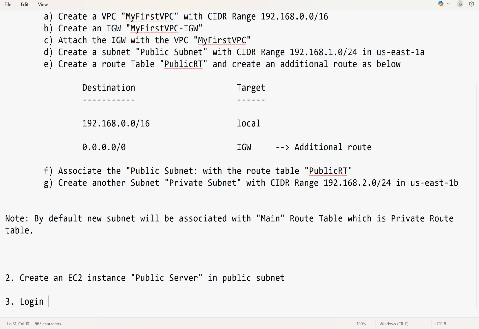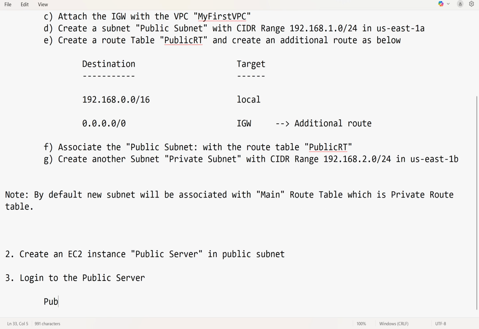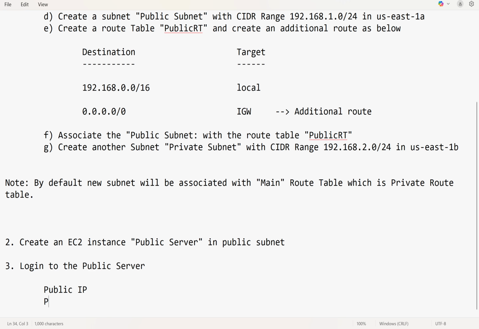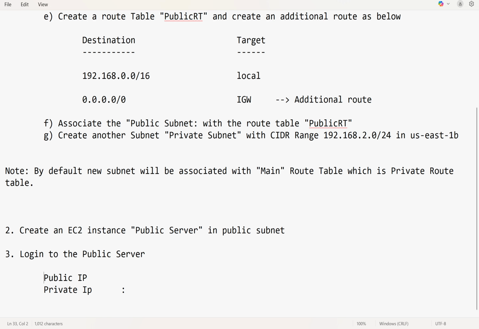Then log in to the public server using the public IP, or whichever way we use, right? For that, we need to note down the public IP. We will note down the private IP, but that's useless. We can't log in using a private IP, right? I think we know, but we will note that down,